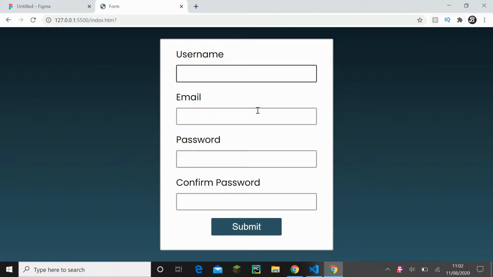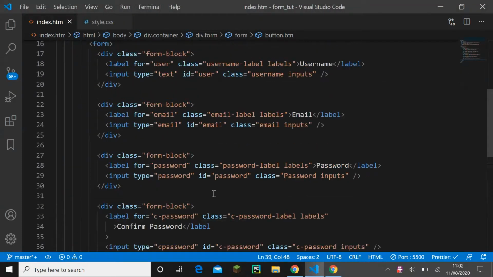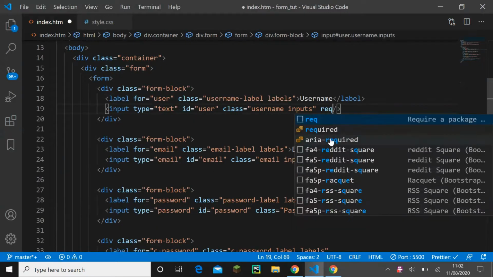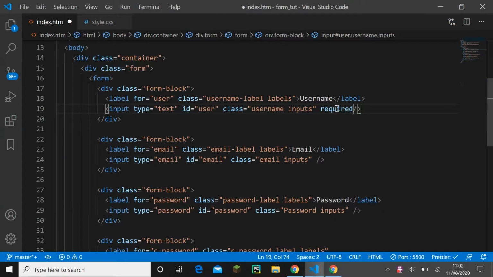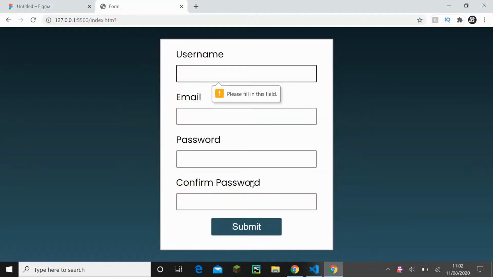it gives us submit, and we can write in our input. So we'll do an action where we can make it more specific where all of these are required. So we can do required here, so required, and put required in all of these. So when we submit this, it'll ask us to enter these fields,